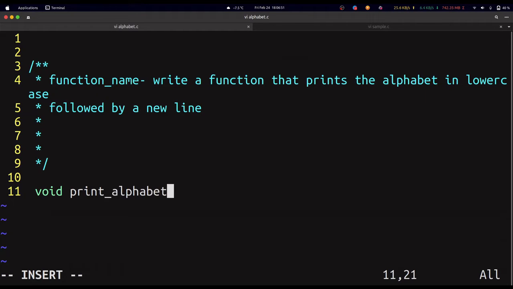Print underscore alphabet. It doesn't have any parameter, so I'm just going to specify void inside here. Okay, so inside this, I want to write a function that prints the alphabet in lower cases. I don't want to start explaining this program, but the scope of this is just to identify some errors. All right, some errors, but I will just take it